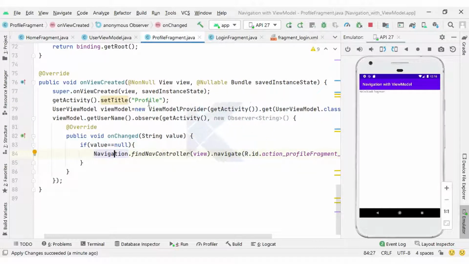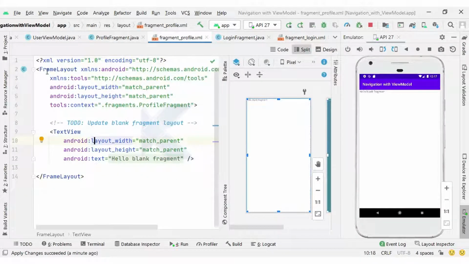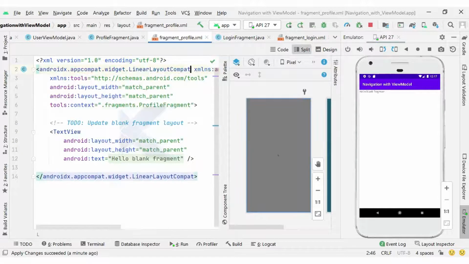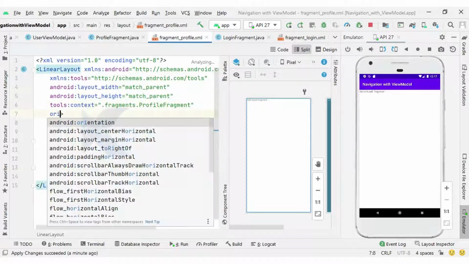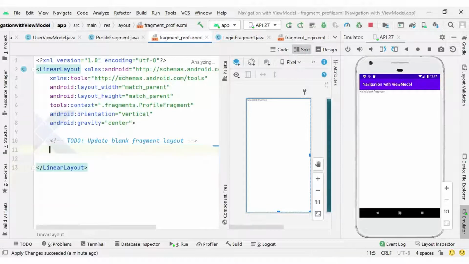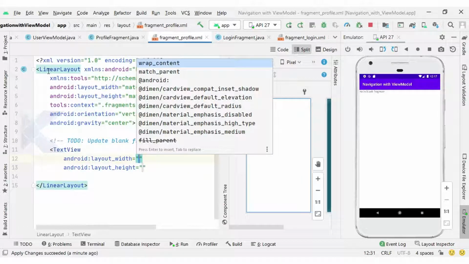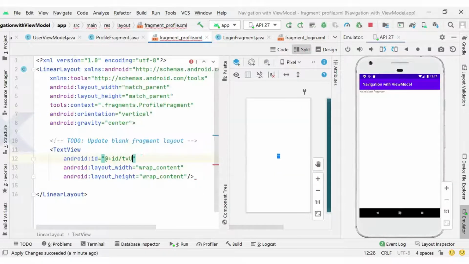So inside our profile fragment layout I will set here a linear layout with orientation vertical and gravity center. I want to display welcome username, so here is my text view with wrap content, and the ID will be TV username.